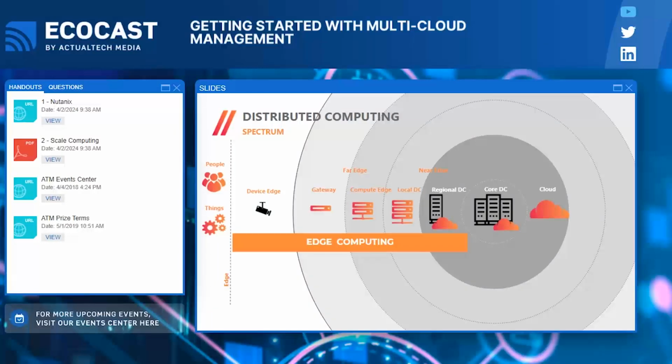interesting complexities. To set the stage, we're focusing a lot on the cloud component piece, but really want to focus on the whole distributed computing spectrum, from edge clouds to public cloud, your core data center, private cloud, regional data center. One of the things we're seeing is, particularly as applications are refactored, the concept of